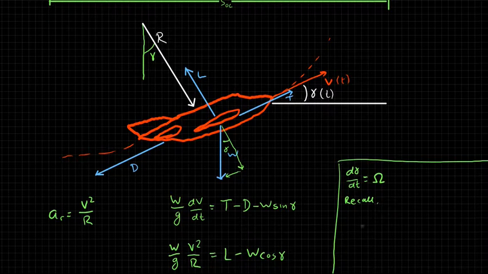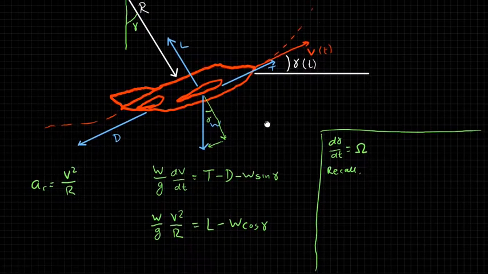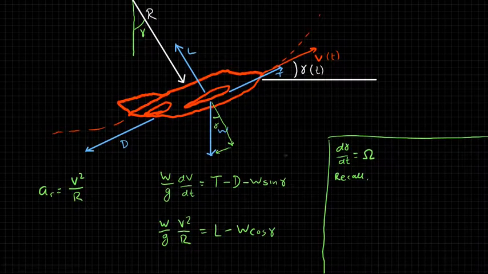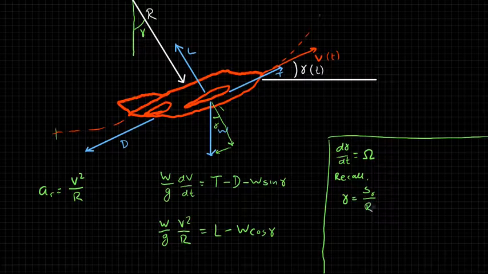Okay, and we can relate the radius of curvature to the arc length and the angle of rotation by saying gamma equals, I'm going to call this S gamma. So the arc length here is S gamma. So that's the distance traveled from here to here along the arc. And that divided by R.